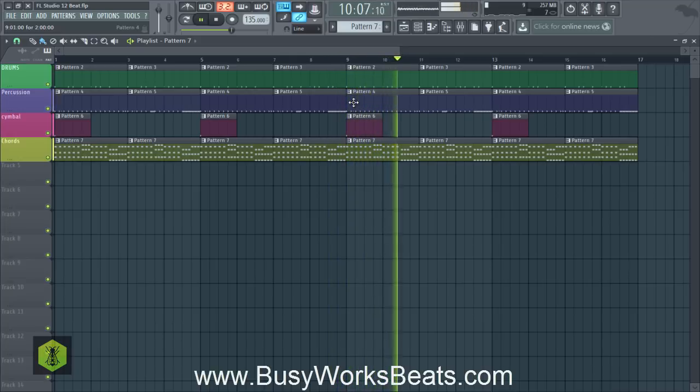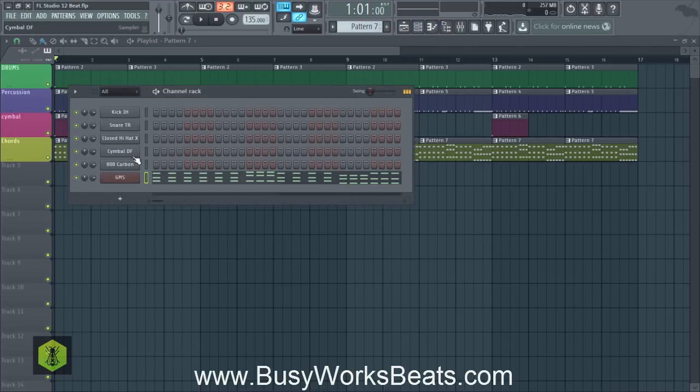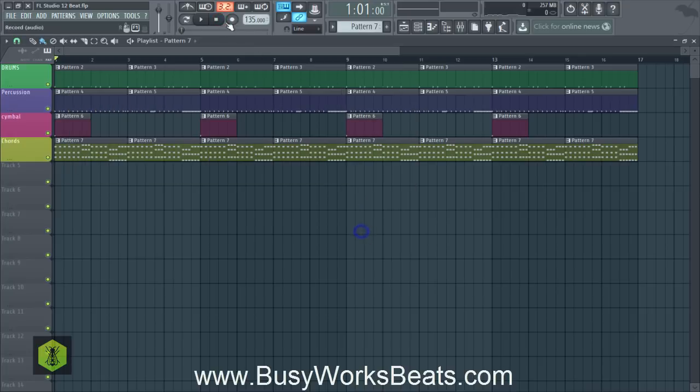So now we can turn the beat up and really vibe out to it. Now we haven't gotten to the mixing section yet. That's where we're going to adjust the volumes of the kick drum, the hi-hat, the chords. Everything is going to fit better because right now I can hear the hi-hats loud, and we're going to turn that down during the mixing stage. So keep that in mind. We also have a lot of mixing to do in this beat.